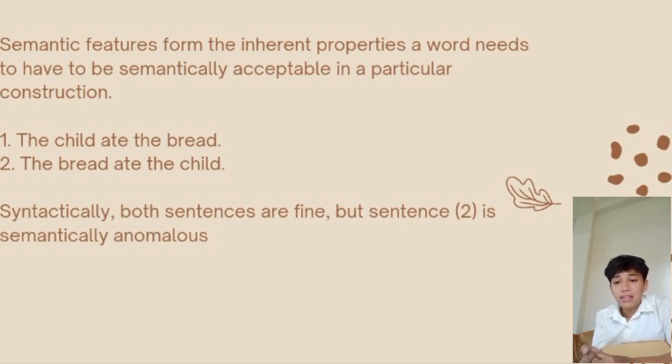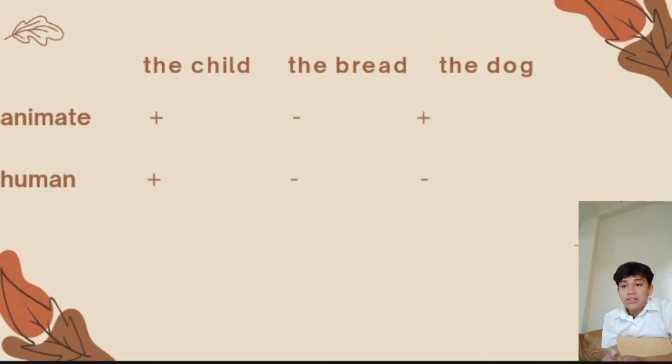Hence, the term animacy is used to describe whether or not something is alive, or whether or not something is human. We can use these components to describe part of the meaning of a word as either plus or minus the feature, so we can illustrate this semantic feature as follows.